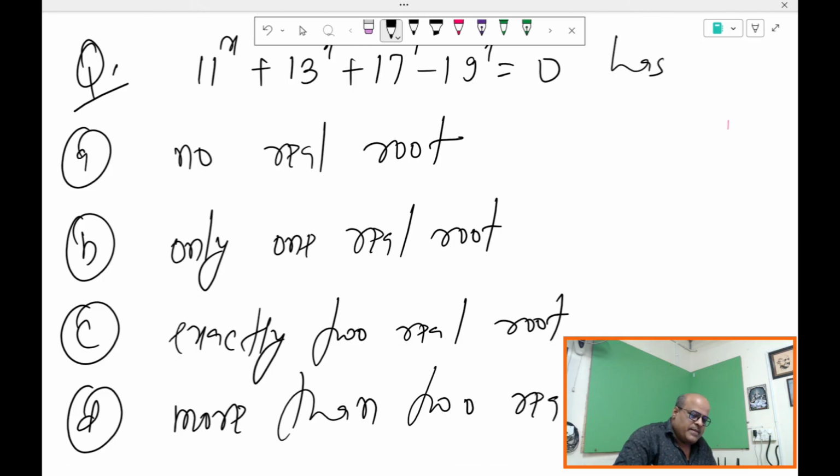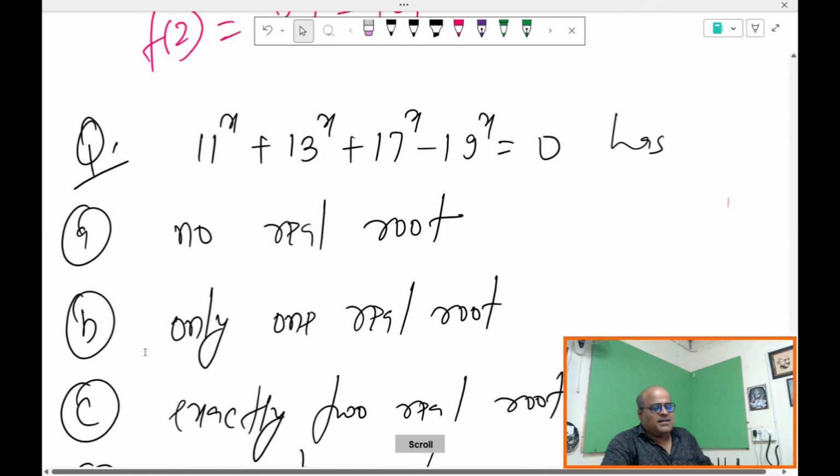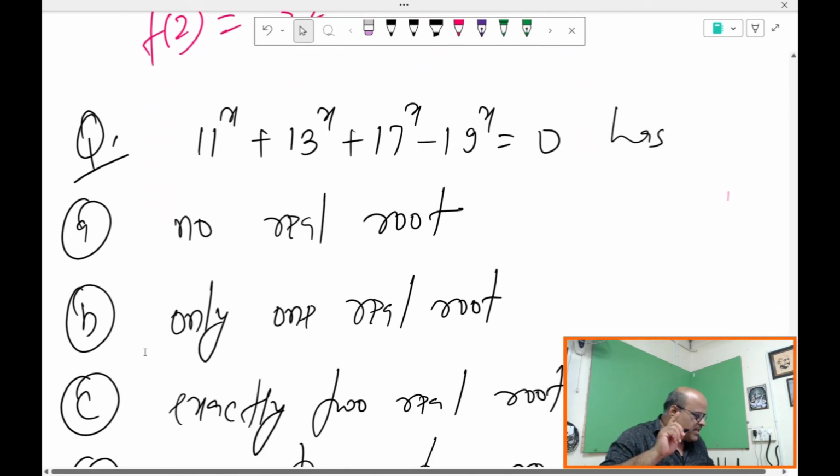See this question. In this question we can't apply the discard rule of sign, because the discard rule of sign we can only apply in polynomial form. But here direct